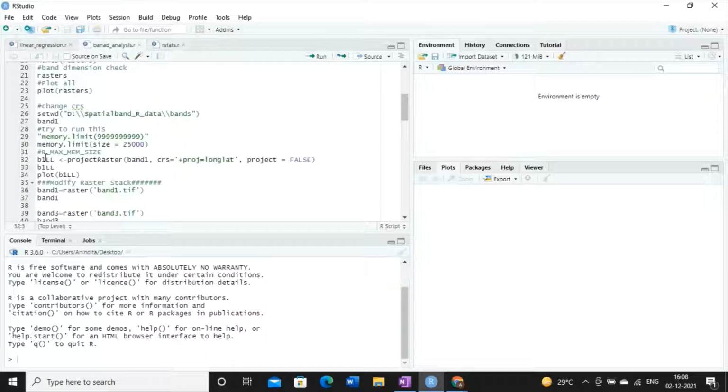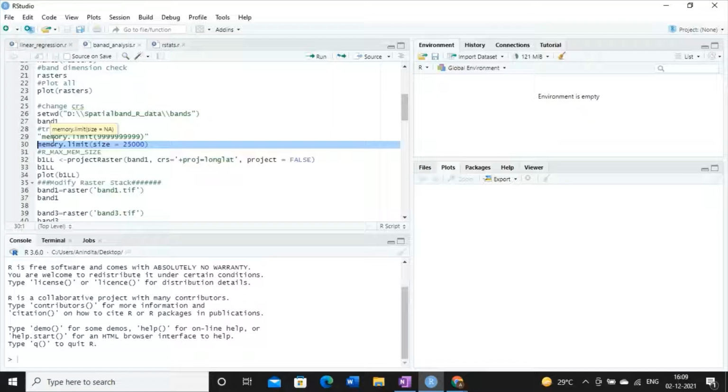First thing we have to keep in mind: whenever we are dealing with this kind of function, memory is a factor. Sometimes it is important to enhance the memory capacity. The most important point is that whenever you are dealing with the projectRaster function, in order to convert the coordinate system of a specific band for a particular project, first you have to enhance the memory limit.